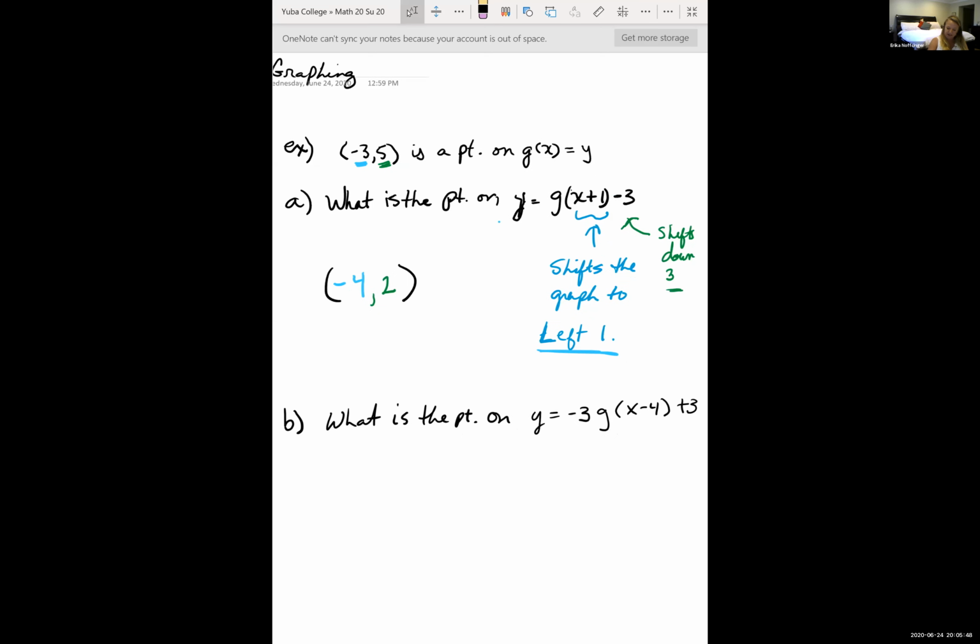Okay, so we're still looking at this point, -3, 5, and we're seeing what transformations we're doing to get our